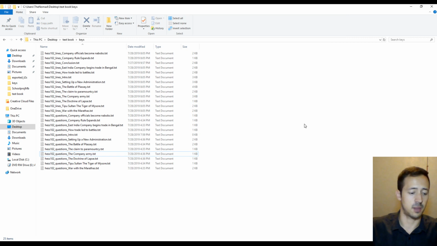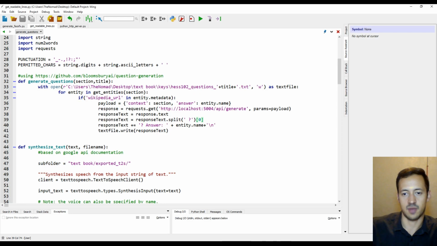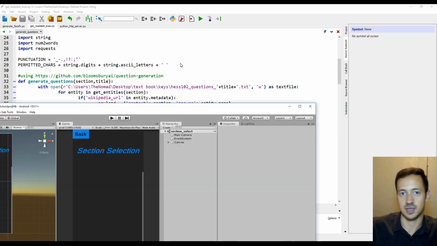At this point, the development process of the app does not incorporate these questions directly. However, it does have the speech to text and HTTP communication with this computer as a server. So then you would be able to have the question be presented. So then if we go to Unity, we can see,